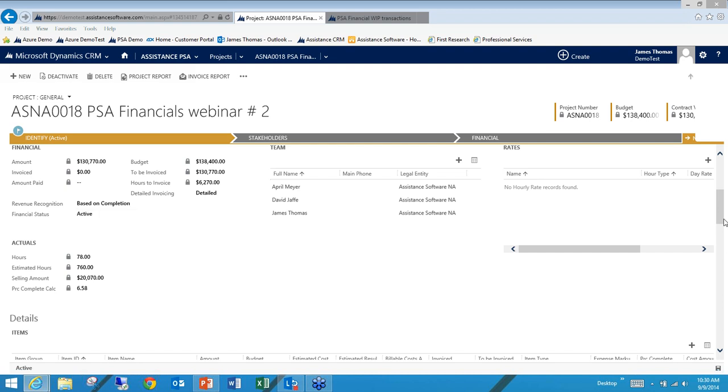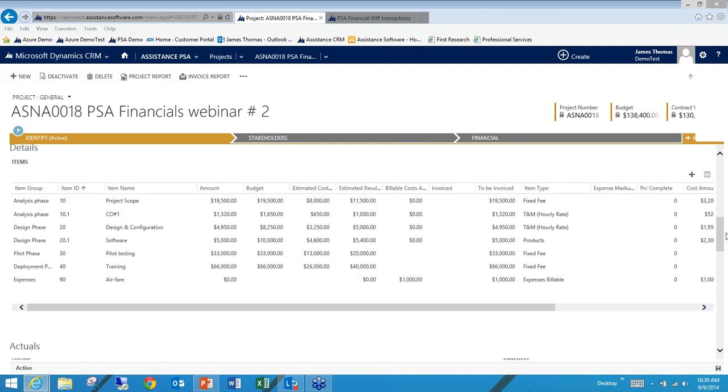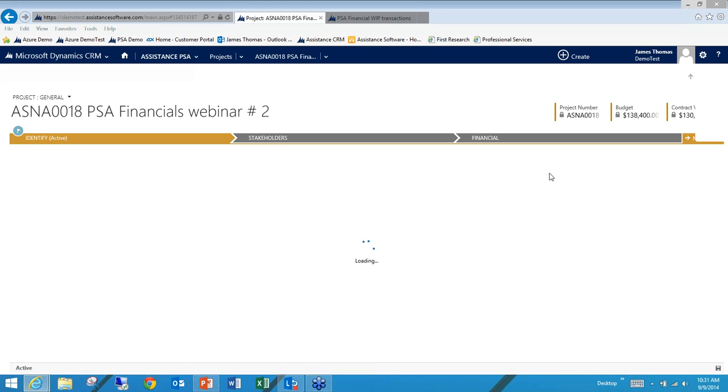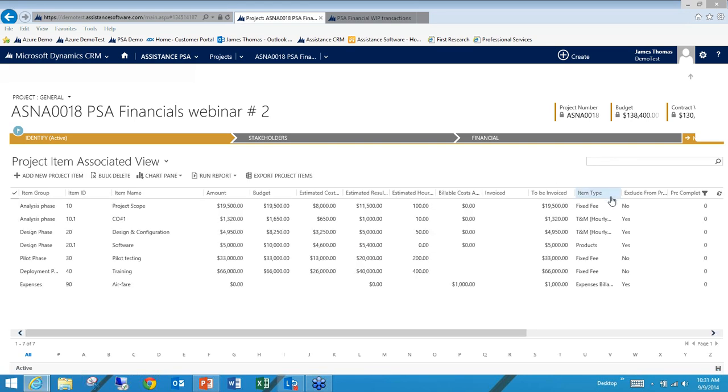Let's take a look at the item structure of this sample project. It's a very short item structure. And you can see I've incorporated a variety of different item types to best illustrate the different financial processes that we're going to cover. So I've got 3 fixed fee items. I've got 2 T&M items. I've got a product item, and I've got a billable expenses item. So let's just pop this grid out. It exposes a field that's been introduced